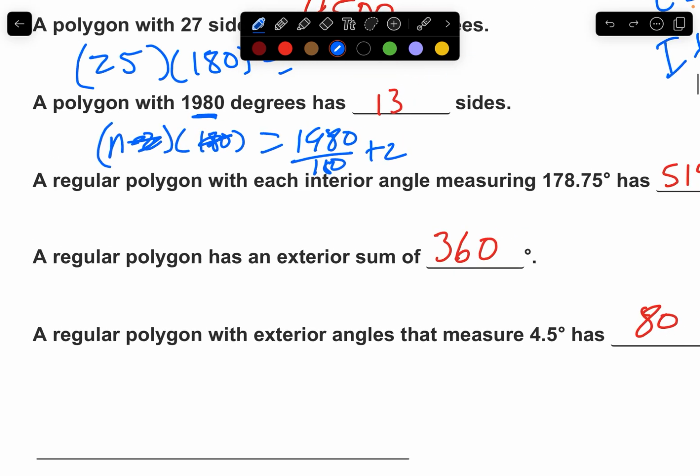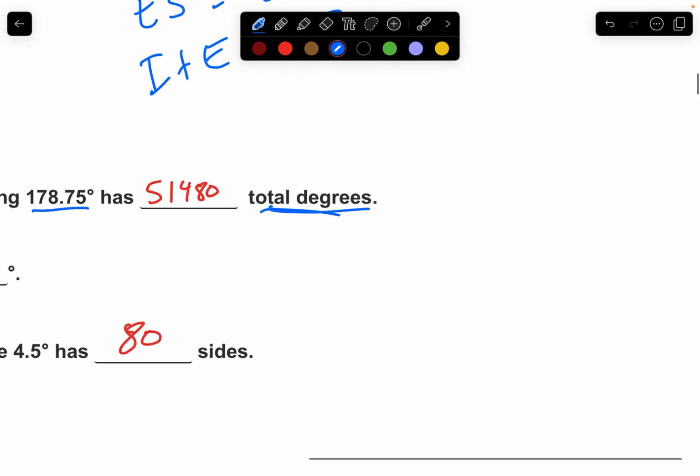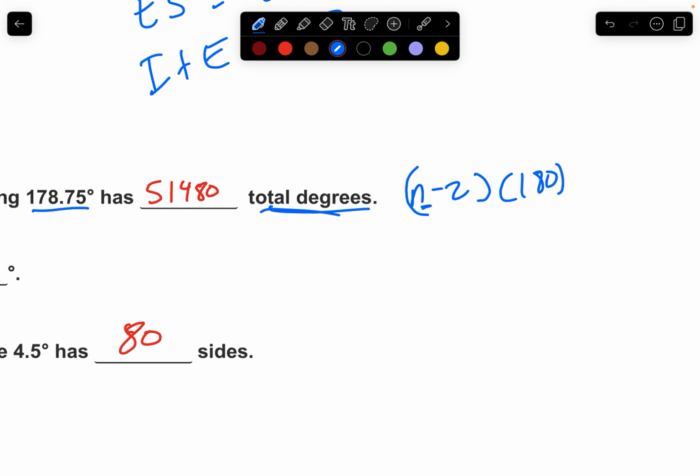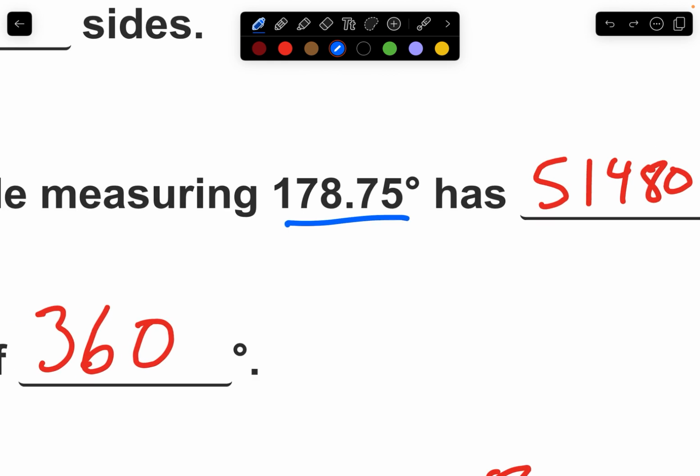A regular polygon, and this is one interior angle. What is the total degrees? So this is tough. It's about what do I have and what do I need? Well, to get total degrees, I know that's going to be n minus 2 times 180. So I need n. How do I get n? The easiest way to get n is through E, exterior angles. So what I would say is that I know that